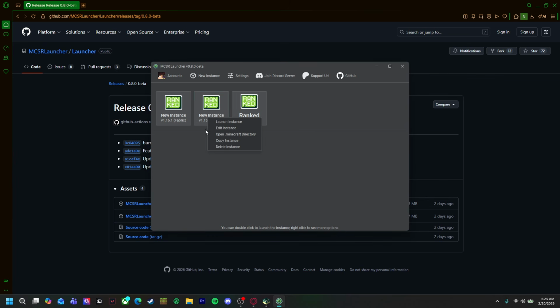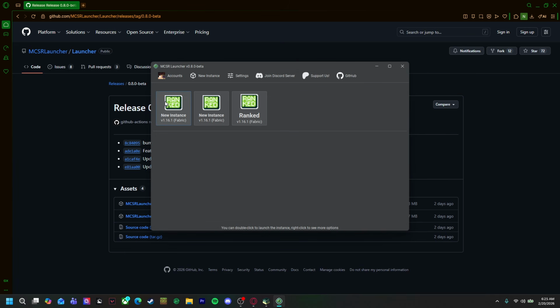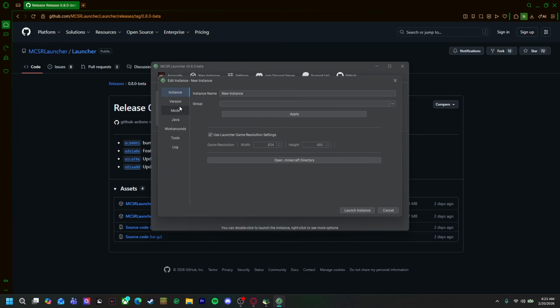I'm just gonna rename this. Can I just delete this? Hold on. I'll just delete this. So wait, there we go. Just delete this. So with this one, go to edit instance, and the thing about MCSR Launcher compared to what's it called,